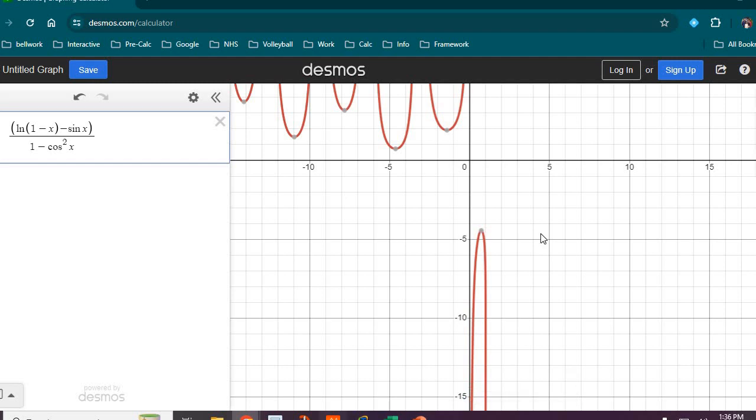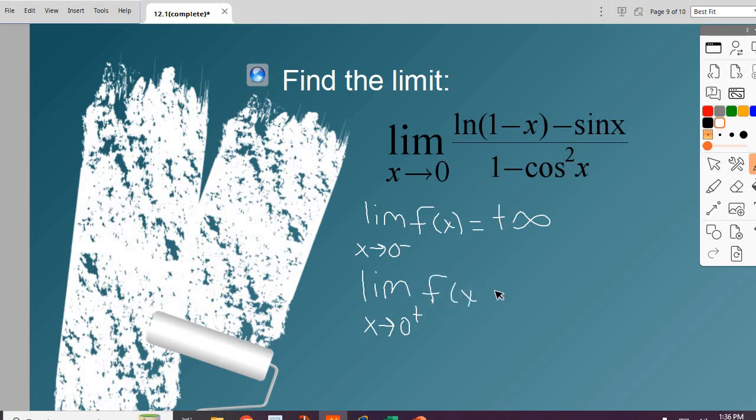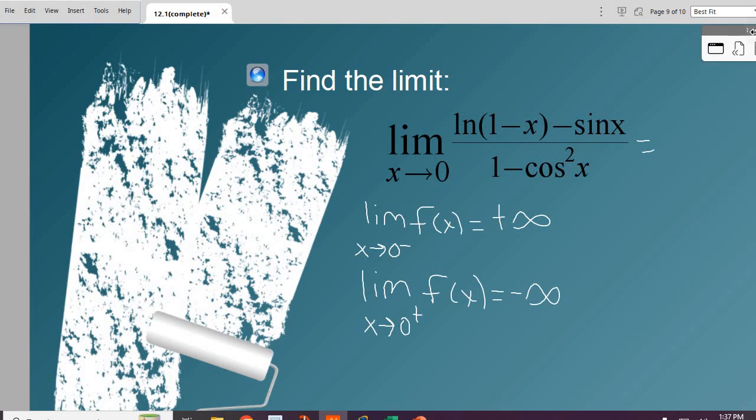So it would be approaching negative infinity. So what we would say is that the limit as x approaches 0 from the left of f of x equals positive infinity, but the limit as x approaches 0 from the right of f of x equals negative infinity. Therefore, this overall limit does not exist. Are we all okay with that? Yeah. Now I'm going to